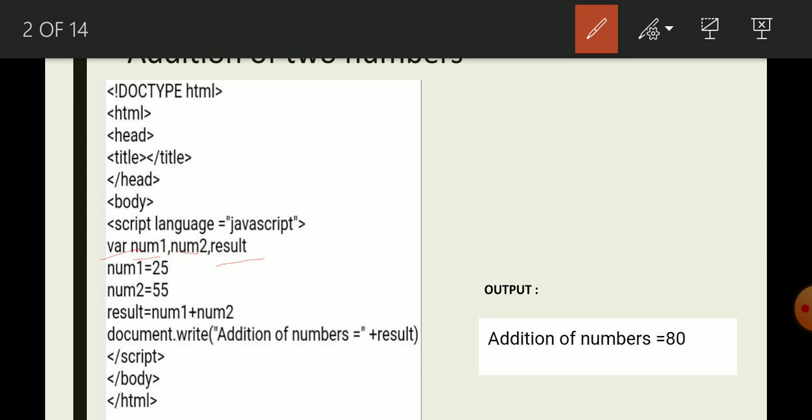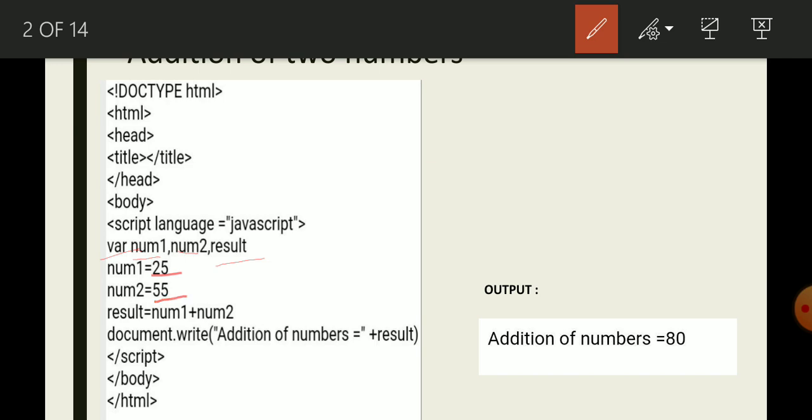You can take any variables, but they should satisfy all the rules of constructing variables.